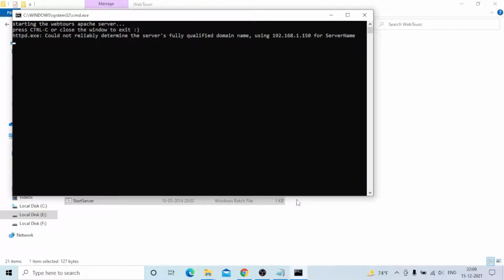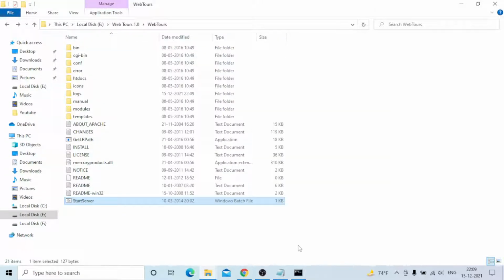Once this prompt opens properly and shows the server name, you can close it and go to Internet Explorer.